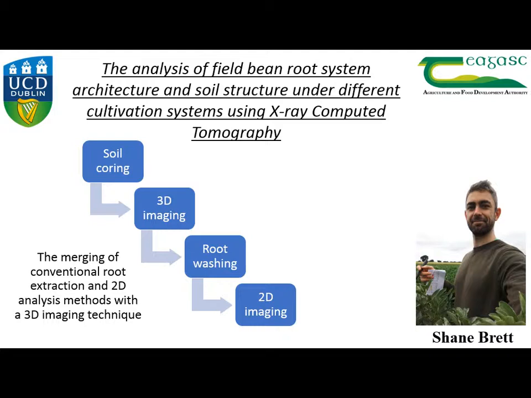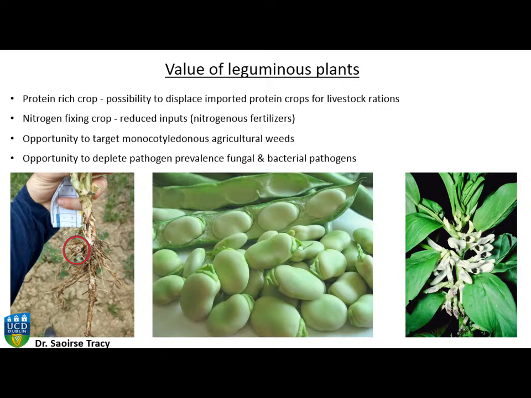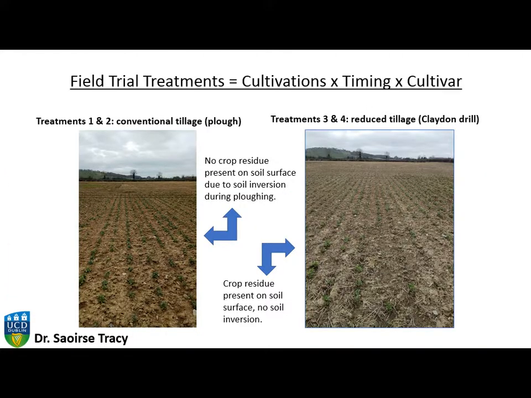Beans are an increasing crop in Ireland because it's a protein-rich crop, so we're trying to divert the import of soya into Ireland and become more self-sufficient. The use of field beans for animal feed is definitely something that we're looking at. Also, we know that beans are a nitrogen-fixing crop, so potentially they've got benefits on the wider scale for crop rotations. His field trial treatments will be looking at different cultivations in response to different sowing dates and